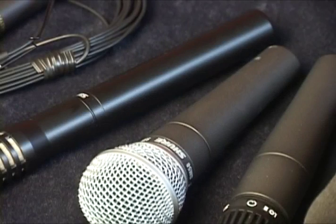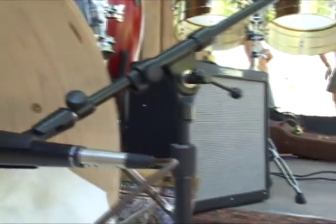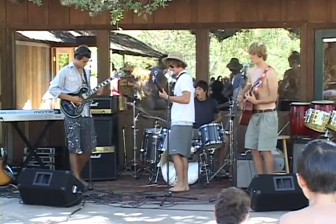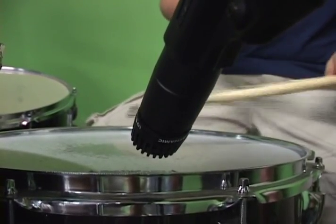Okay, so now you've chosen the right mic, how do you actually use it? This is not quite as silly a question as it might sound, because mic placement and mic technique are both crucially important factors for successful live sound reinforcement. An obvious rule of thumb says that the closer you place your mic to a sound source, the louder the signal will be. But listen to the changes here when we move this mic around in front of a guitar